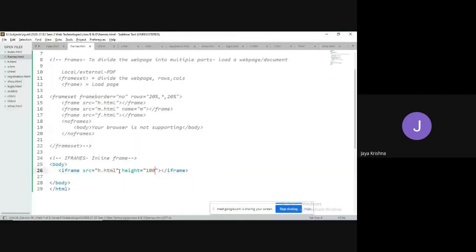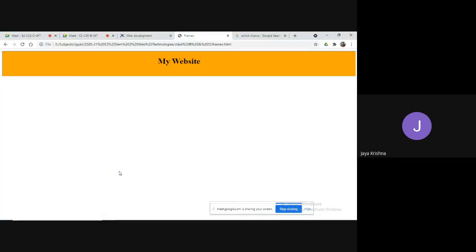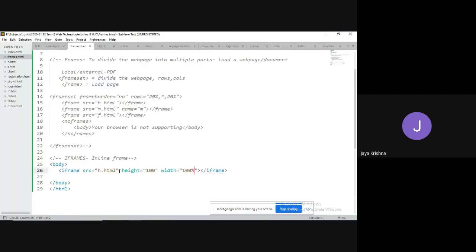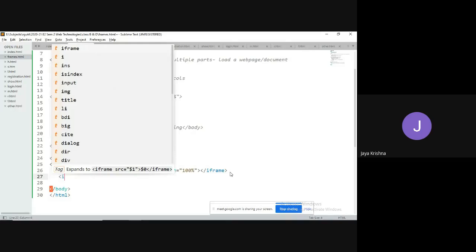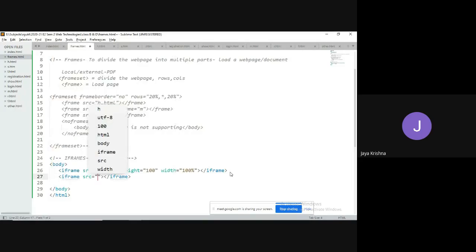Its size is decreased, and I would like to set its width as 100% of the page. Next, I need to divide and load one more web page. So for that, I am going to take another iframe. For example, I would like to load links, which are available in l.html.